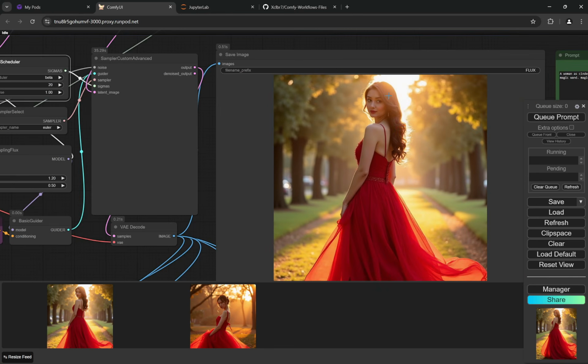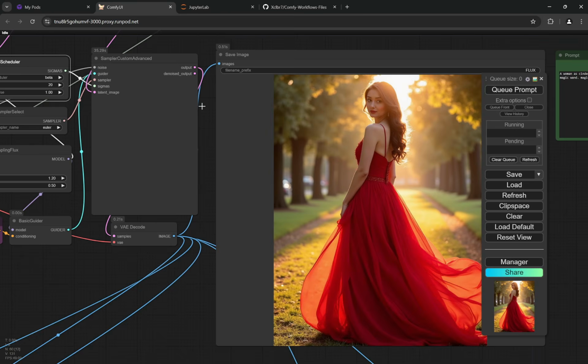So you can see these images are getting created, and now for some reason, let's say you exit this and